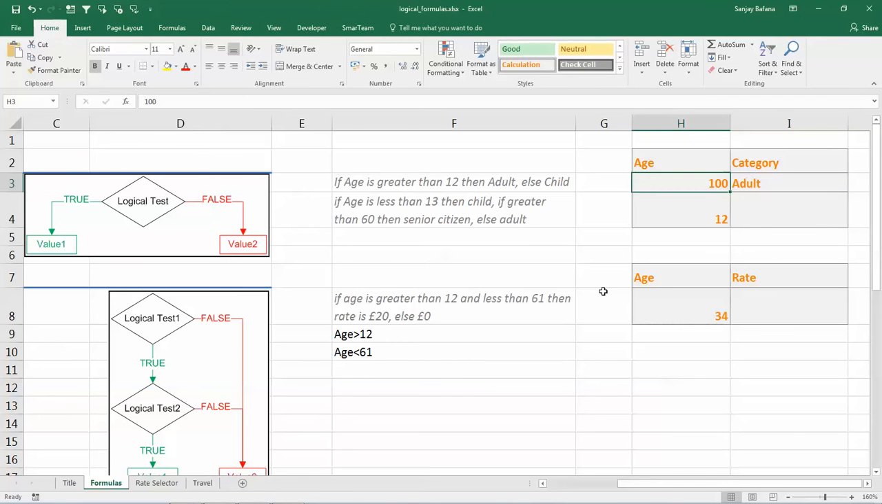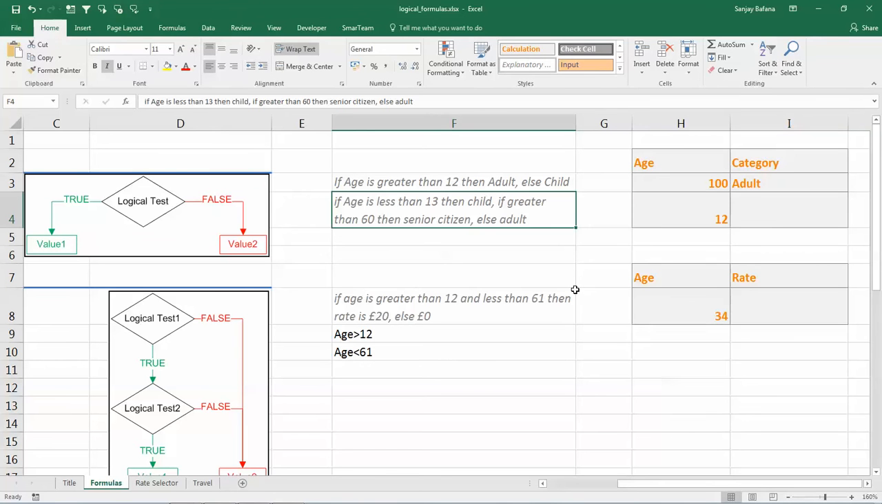So if we enter any age less than 12, then the category would be a child. Any age value up to 12 will be regarded as child, and anything above 12 would be regarded as adult. Okay. Second example, if age is less than 13, then child, and if greater than 60, then senior citizen,